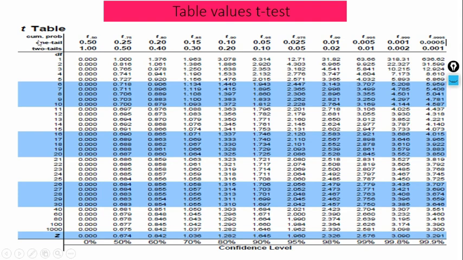This is the t-table. This is the row for one tail. This is the row for two tail. And this is the degree of freedom. DF is degree of freedom. These two lines 0.05, 0.5, 0.25, 0.20 are the level of significance. Up to 100 values are given, and after that it will be converted as large sample. We will check the value of Z. This is also called confidence level.